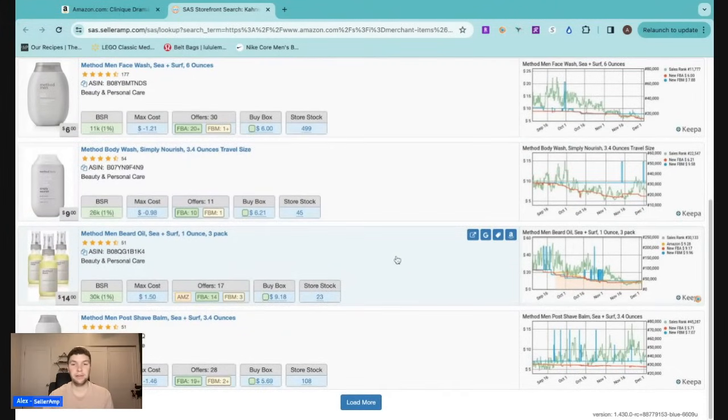One way to tell if Amazon is sharing the buy box, even if they're in stock, is to see how many other sellers are on the listing. If it's just Amazon and one or two other sellers, good chances that Amazon is dominating the buy box. But if you have this listing here, there's 17 sellers on this listing specifically, Amazon, and then 14 other FBA sellers. So there's a good chance that Amazon is sharing the buy box with those other sellers. So we can see 11K rank, 26K, 30K. So this Method brand looks to be a pretty quick moving product, and Amazon is on one of them, but